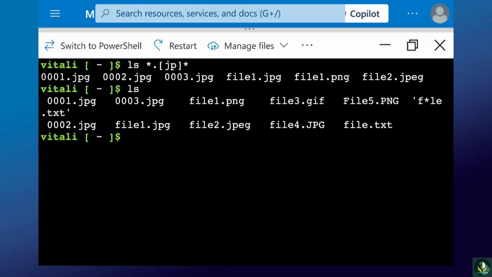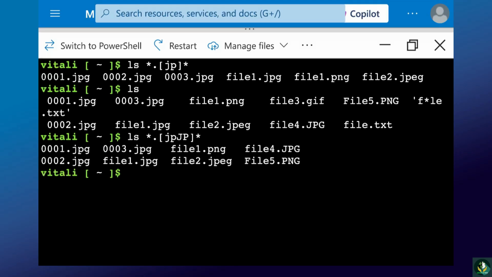Now let's combine this previous search string, and let's say that we want to find all files including the files with uppercase J and uppercase P extensions. We'll hit enter here, and now it finds all the files